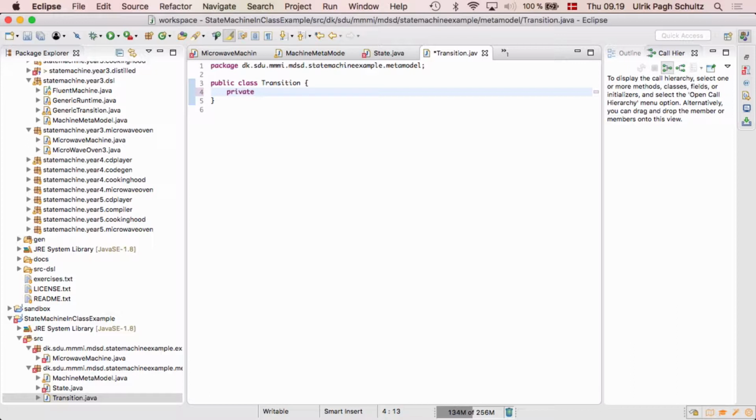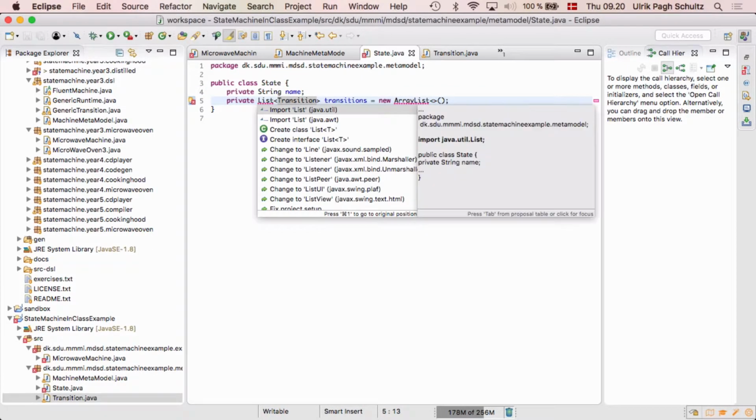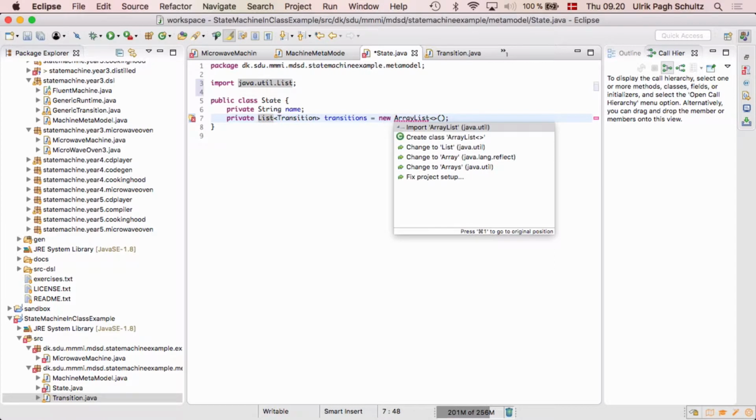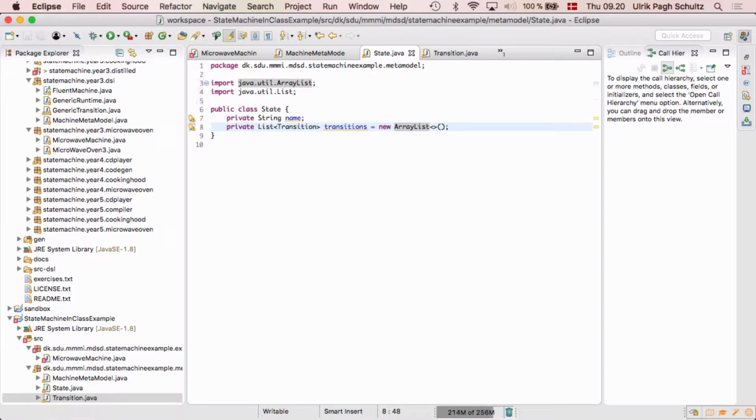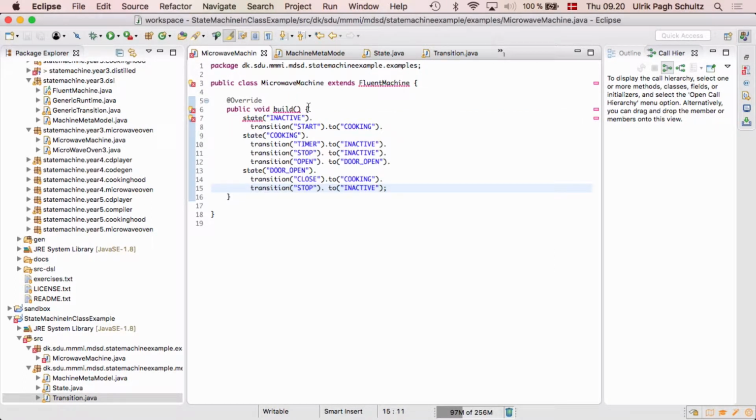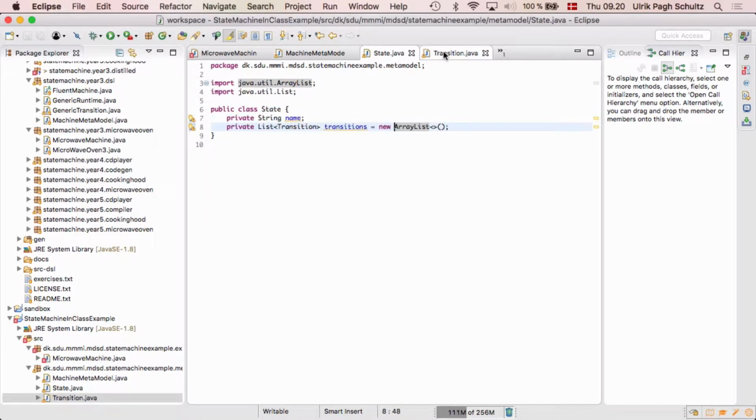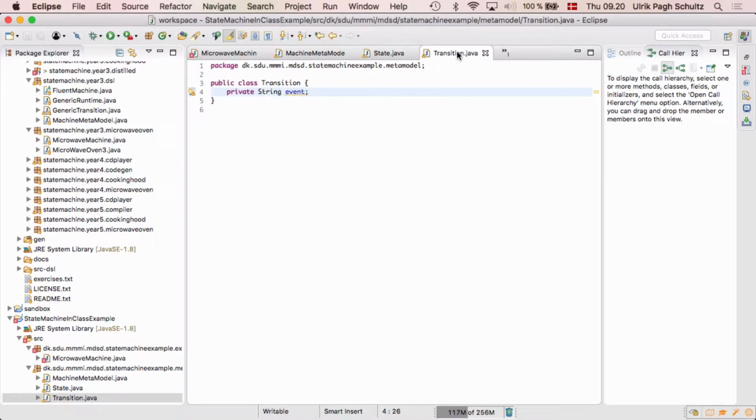So we just have private string events, like this. Okay, now this is actually our meta model. We of course need constructors and infrastructure and so on, but we're getting there. Now, this is jumping ahead a little bit, but in